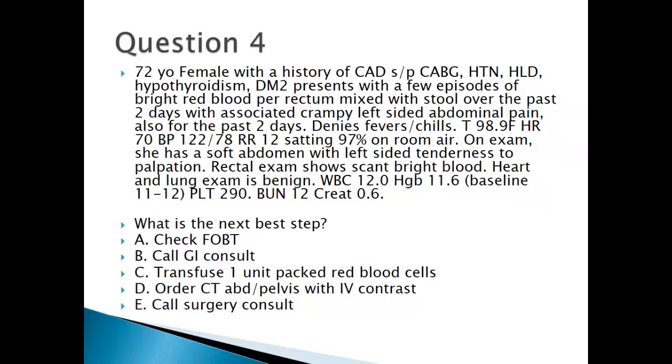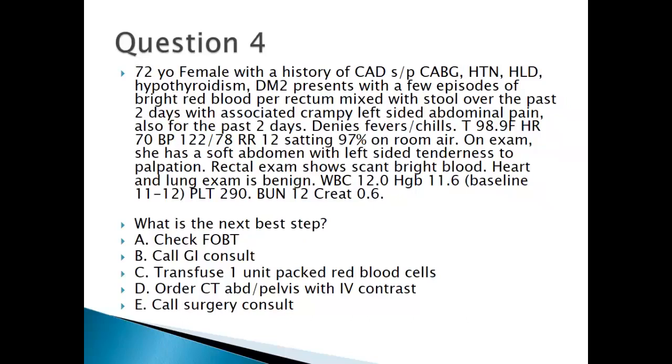Heart and lung exam is benign. WBC is 12. Hemoglobin 11.6, baseline 11 to 12. Platelets 290. BUN 12. Creatinine 0.6. D is correct. So this is the case I think I was talking about earlier with abdominal pain plus